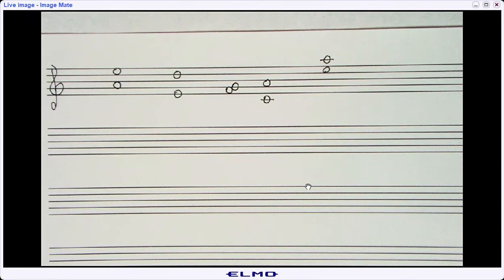All right, guys, we're going to look at intervals today. An interval is simply how far two notes are away from each other. Okay, so the distance between two notes is what we call an interval. Now, most people